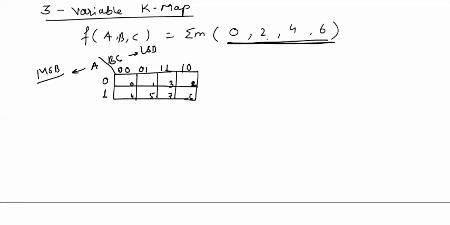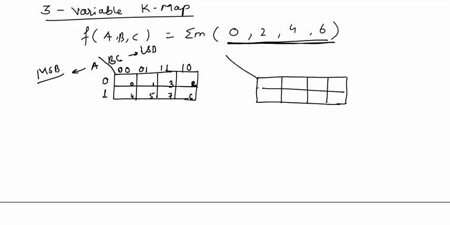Now for this particular problem, we can start simplifying by substituting all the logic 1 in the K-map. For the 0th combination, logic 1. For the first combination, no. For the second combination, it is logic 1. Fourth combination, it is logic 1. And for the sixth combination, it is